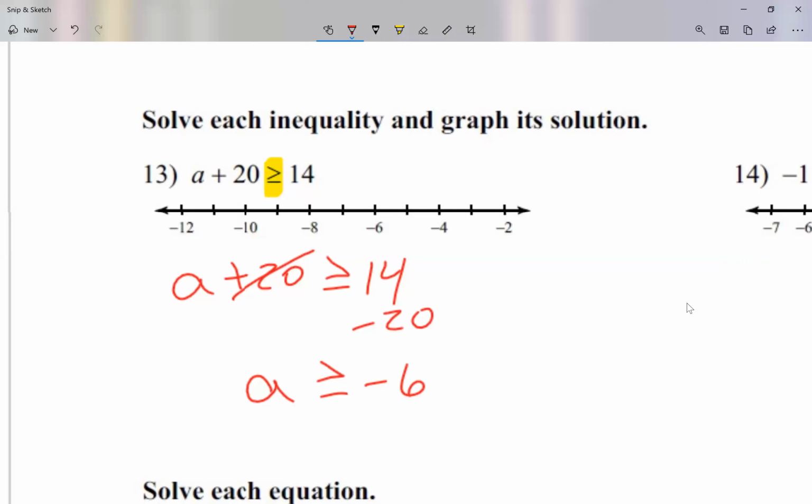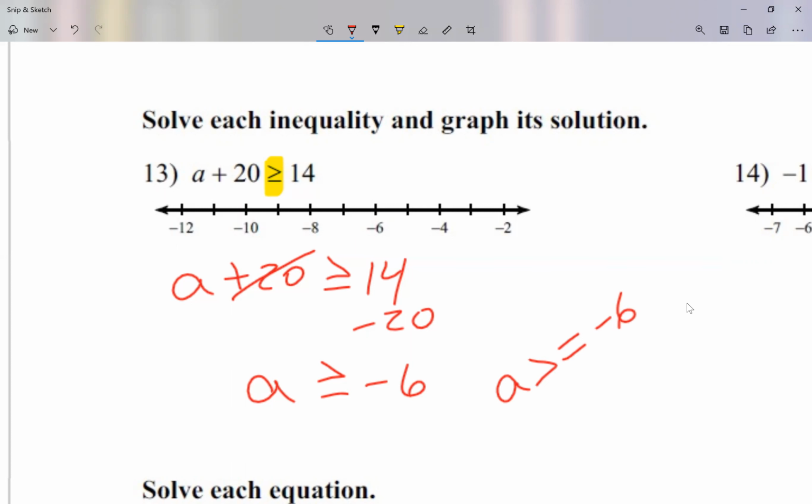Right? 14 minus 20 gives me negative 6. If I'm asking to solve the inequality, that's it. A is greater or equal to negative 6. The way you type that, A is greater equal to negative 6. If I'm asking you to solve, that's it. Now, if I'm asking you to graph this,